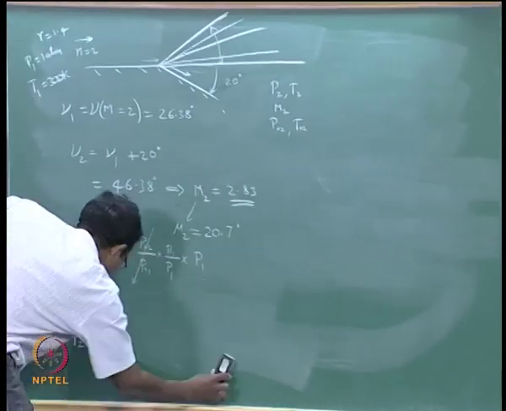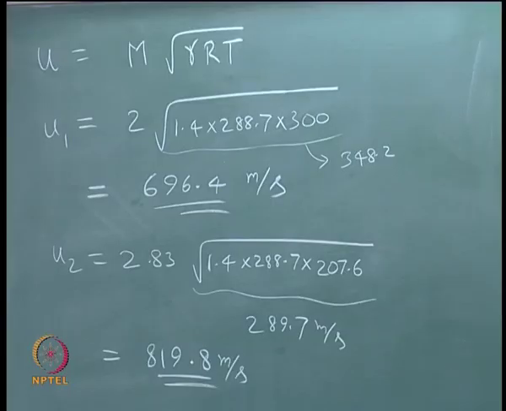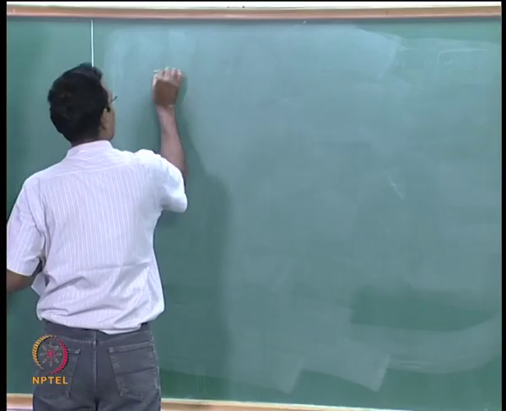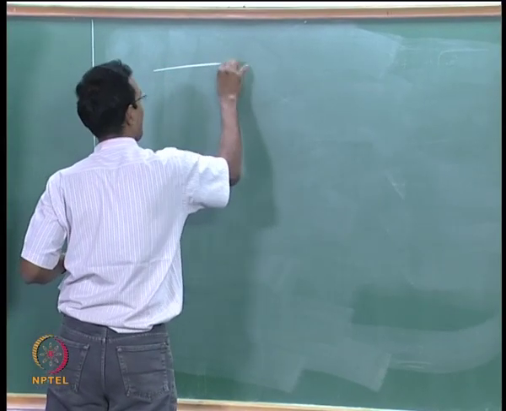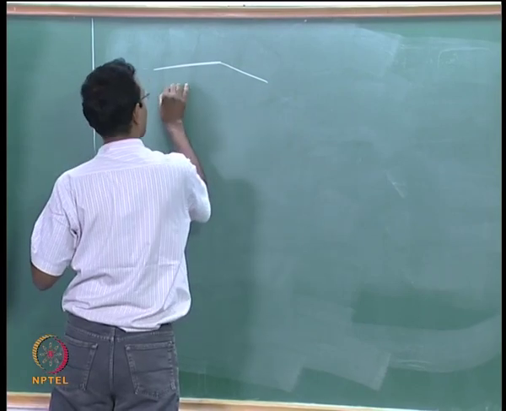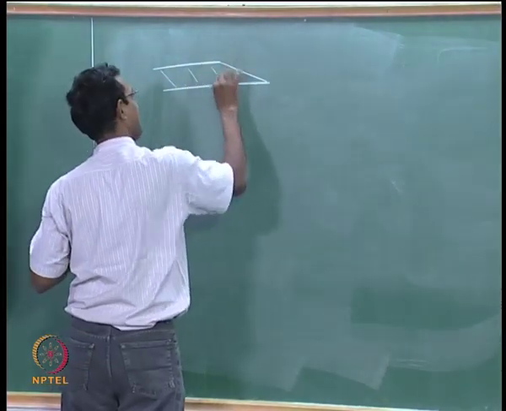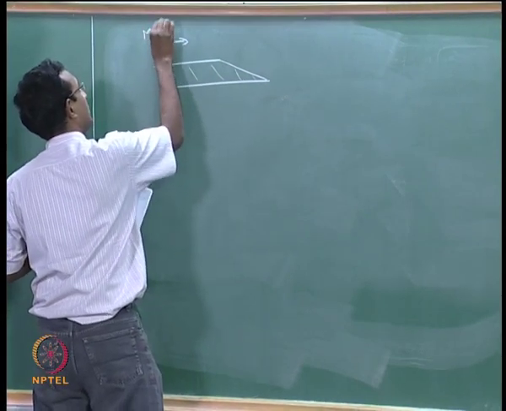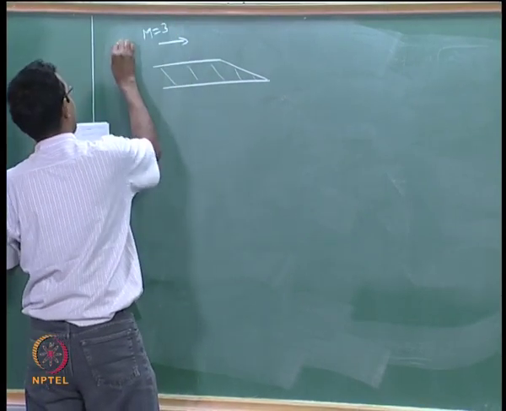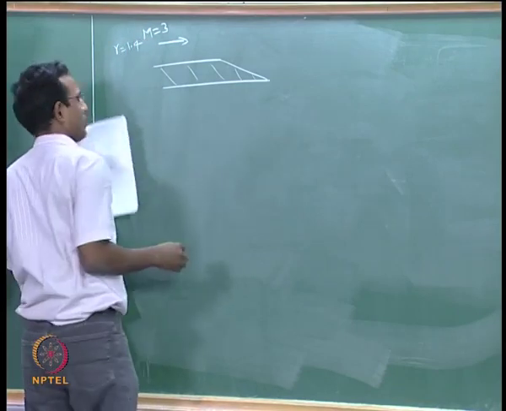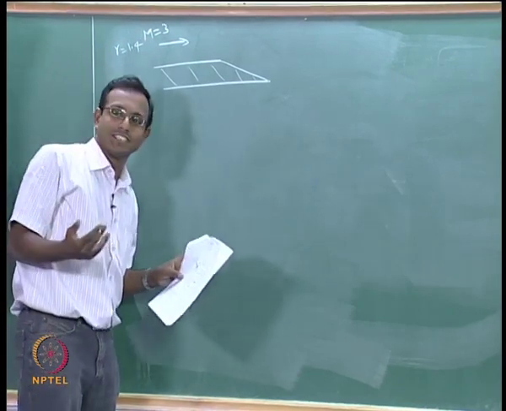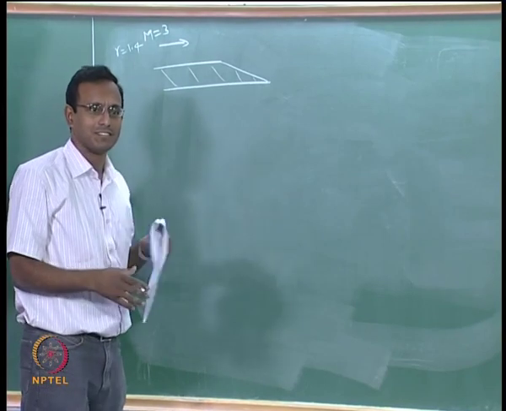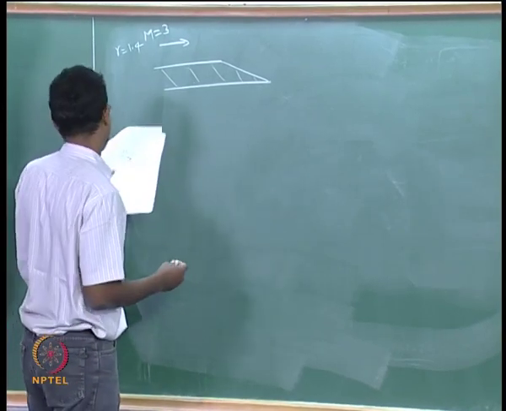That will be the last numerical example I think I will solve in expansion waves. Let us say somehow I have a flow that is like this, and here Mach number is 3, gamma equal to 1.4. Of course, I could have done problems with gamma equal to 1.67 or 1.3, it is just a change in one number, it does not change so much for us.